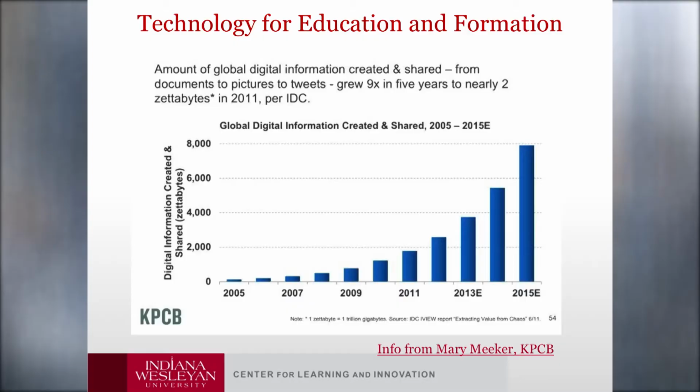Number one, how much content is being created right now, how quickly is it being created, and in what ways? There are lots of people writing and publishing lots of stuff. If you look at that ramp from 2013 up to 2015 in terms of what's expected, these are zettabytes of information. There is no shortage of quantity, right?